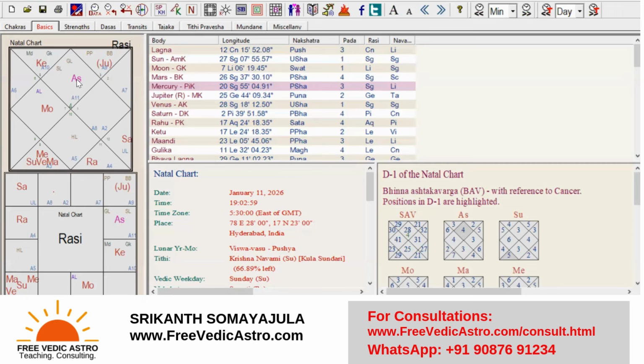Okay. See, a lot of people keep thinking that this planet is not beneficial for me. I will only ask one simple logical question. You will see a lot of people who have got a good result and a bad result in the same year. Somebody's father died, and he got a promotion in the office. This will happen, right? Because the father's death is a bad result for you, and the promotion is a good result for you. That is how you're looking at things, correct?